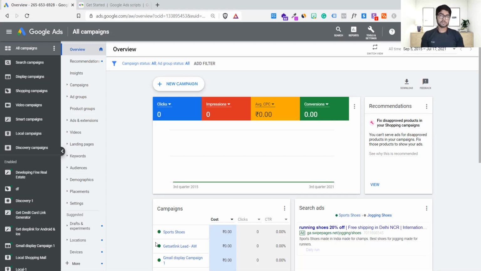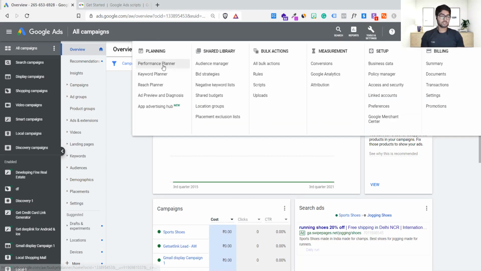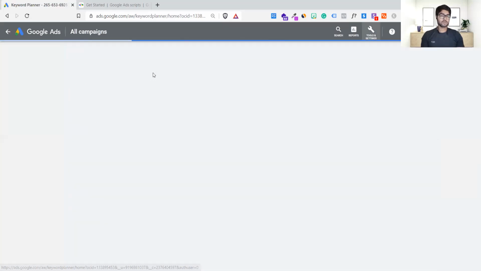Campaign type would be search, and we will start with manual CPC or maximize clicks, but I suggest you start with manual CPC. In manual CPC, you have to provide the cost per click, which is a benchmark. If you don't know the cost per click of the business, go to the tools, search for Keyword Planner, and it will tell you the cost per click. I can quickly show you how much it is. So we search for wedding photography.